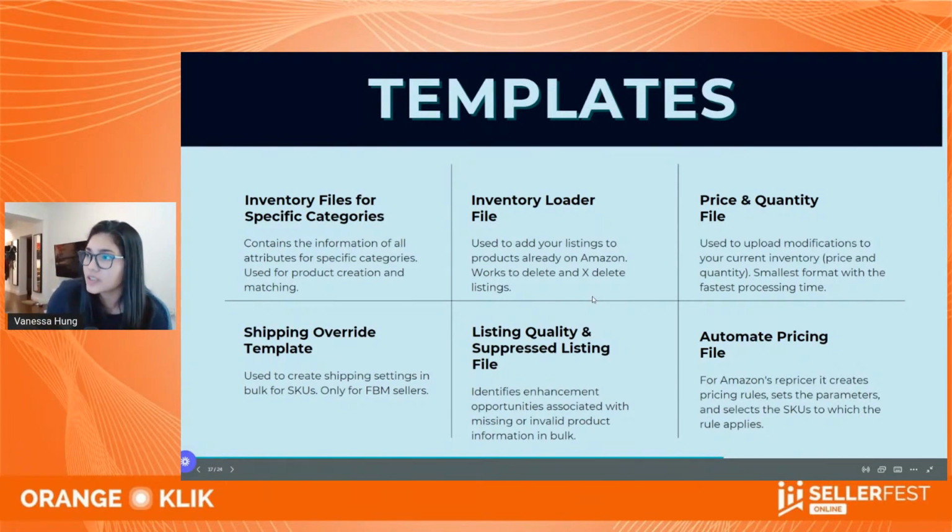about that. Then price and quantity, that's a super simple file where you have your SKUs and you can update price and quantity for FBM. Super quick. This is just useful when you are doing a lot of changes in bulk and you're not using a repricer. The shipping override template, that's to create